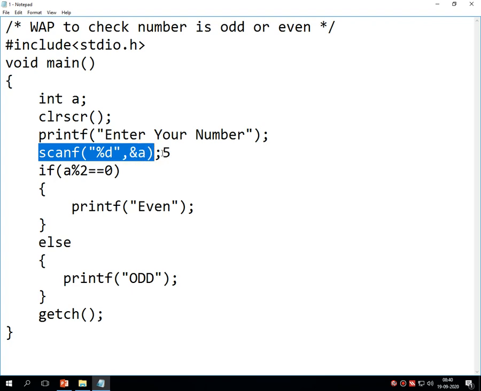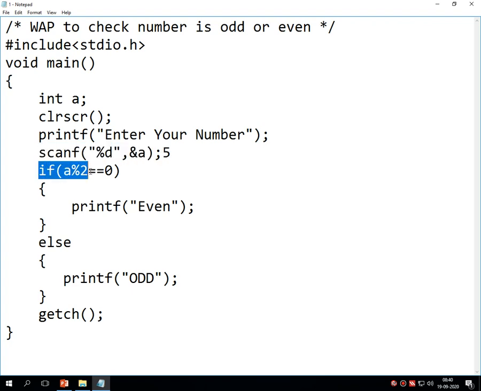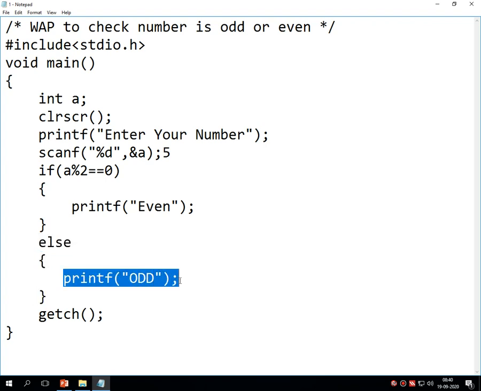After storing 5 in a, there is a decision making statement on the very next line. In it, 5 modulo 2 gives a remainder that is not equal to 0, right? That means this condition becomes false, and if the condition is false, the else statement is executed and the message odd is displayed.